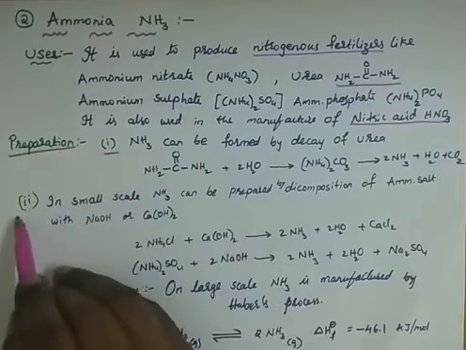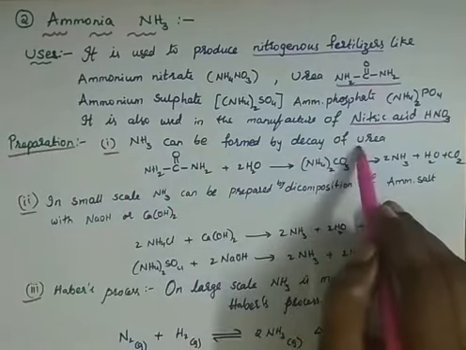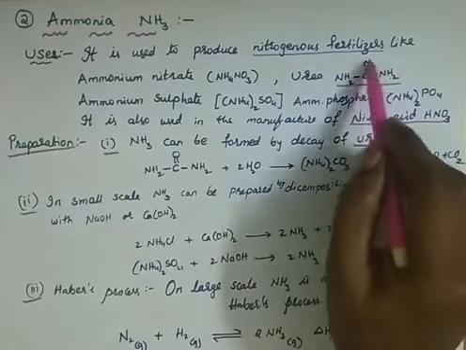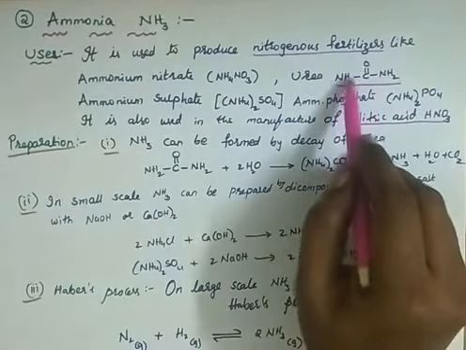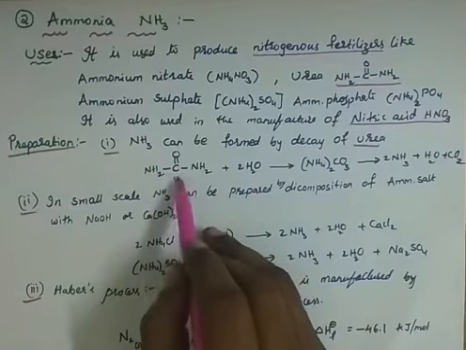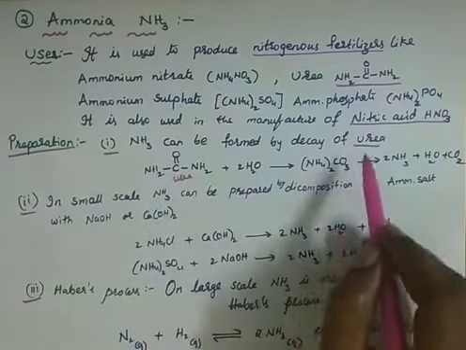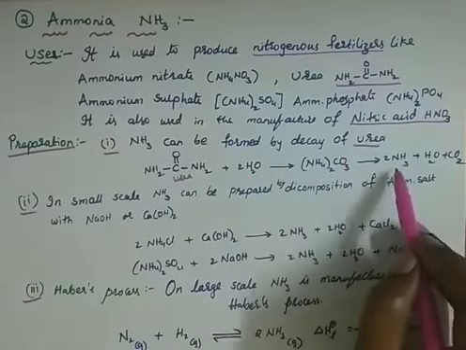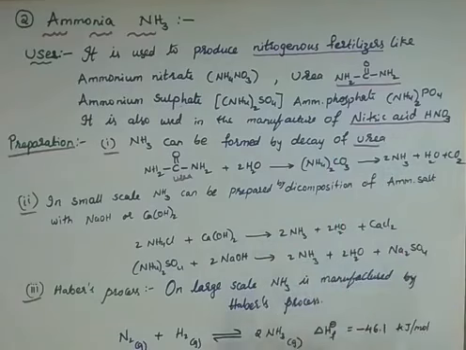There are three methods of preparation I've given. One is that ammonia can be simply formed by the decay of urea. See, in urea, if I remove this CO, here is NH2, here is NH2. If I add one hydrogen, it becomes NH3, right? Like that, this is my urea, which reacts with water and decomposes into ammonium carbonate, and that decomposes back to ammonia, water and carbon dioxide.